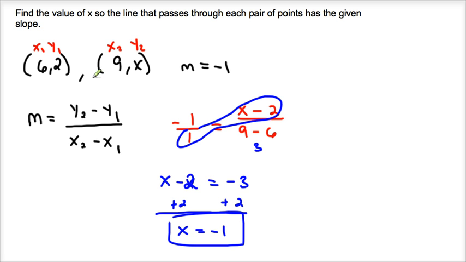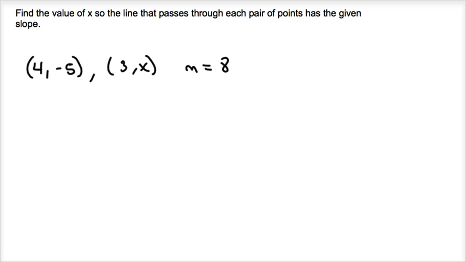Okay, so again, taking your coordinates, plugging in, setting up a proportion, cross multiply, divide, and you might have a one-step or two-step equation. Let's take a look at another example. So (4, -5), (3, x), m equals 8 here. Again with my slope formula, 8 equals, again if you want to label, x1, y1, x2, y2, so I have x minus, be careful here, -5,